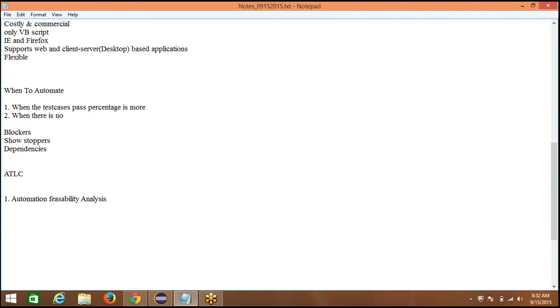And coming to the automation feasibility analysis, here what we will do is decide how and what to be automated. I would like to write here what to be automated. And what are the different types of modules you want to test? Let me take an e-commerce application. The e-commerce application should contain add to cart, login, search, payment gateways. These are the different modules. That's why we want to be very clear about what modules we are going to automate, and we want to identify the test cases to be automated.